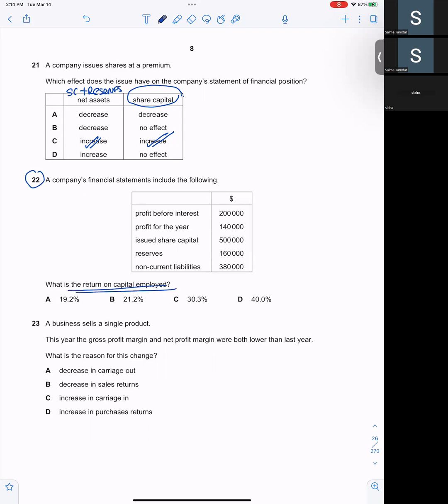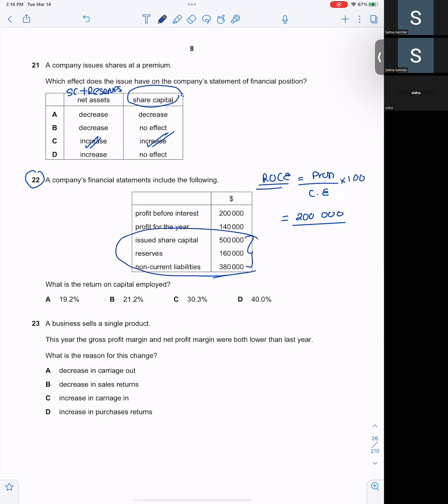A company's financial statements include the following. What is the return on capital employed? Okay, I have to find return on capital employed. Profit before interest upon capital employed into 100. So it'll be 200,000 upon 500,000 plus 160,000 plus 380,000, which is